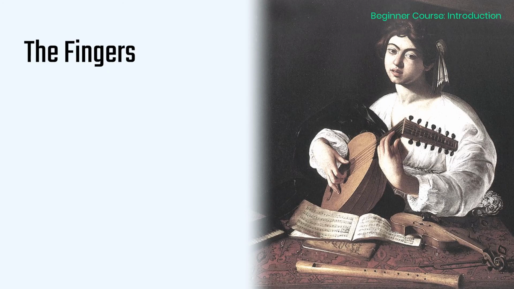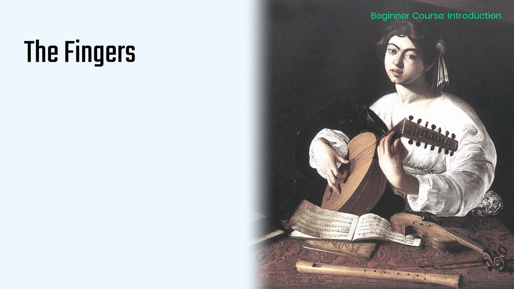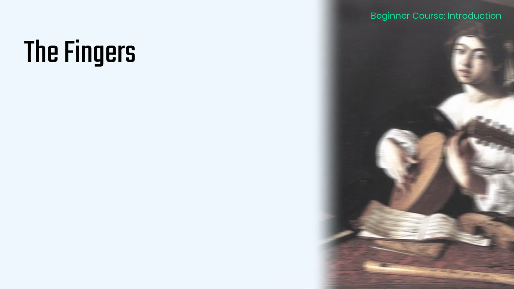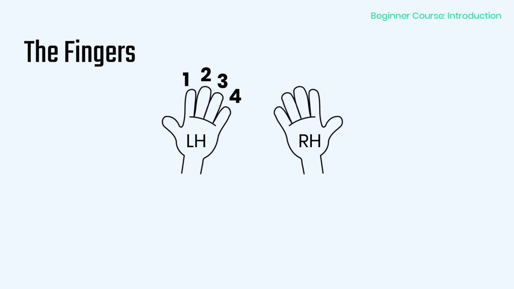For many years and centuries, guitarists have given their fingers names to ease the annotation of indications and also to write tablatures, something we will talk about soon. Basically, the left hand uses numbers from 1 to 4. The thumb has no number, as its only function is to hold the fretboard. The fingers of the right hand are named with letters, and those are the first letter of their Spanish name. Thumb is P, index finger is I, middle finger is M, ring finger is A.